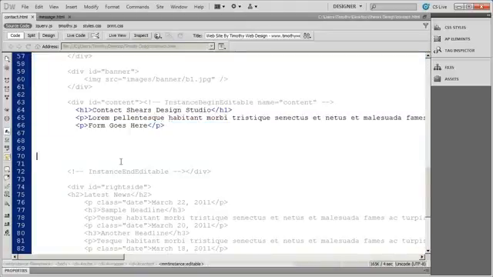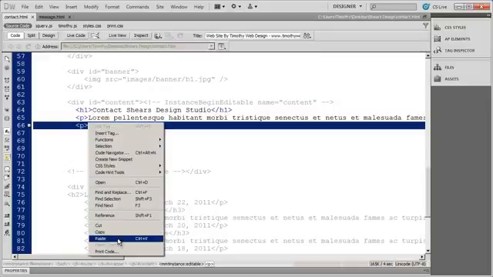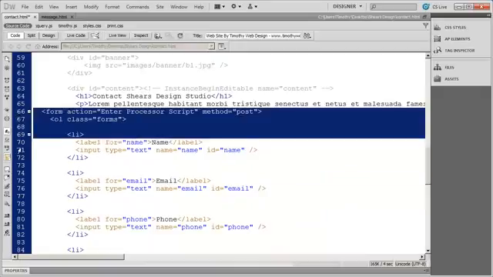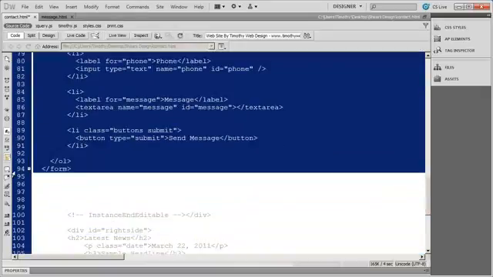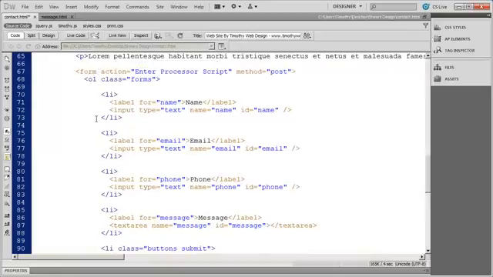contact page. Now I put that line in here, form goes here, so what I can do is I can highlight that line by clicking over here to the left, and then right click and select paste. And what that's going to do is it's going to paste that form into my page. And I'm just going to tab that over and move that down just a little bit to keep my code